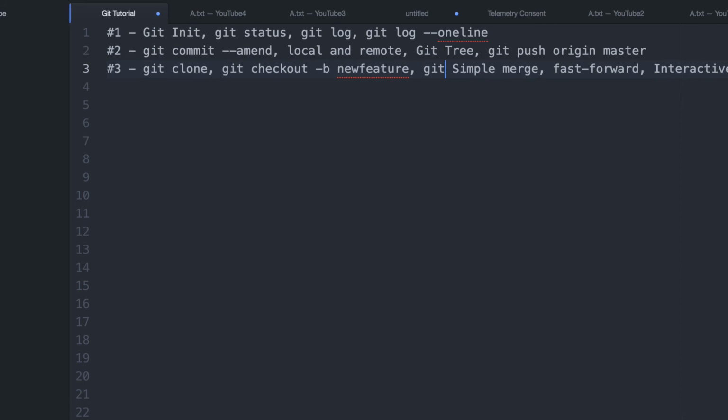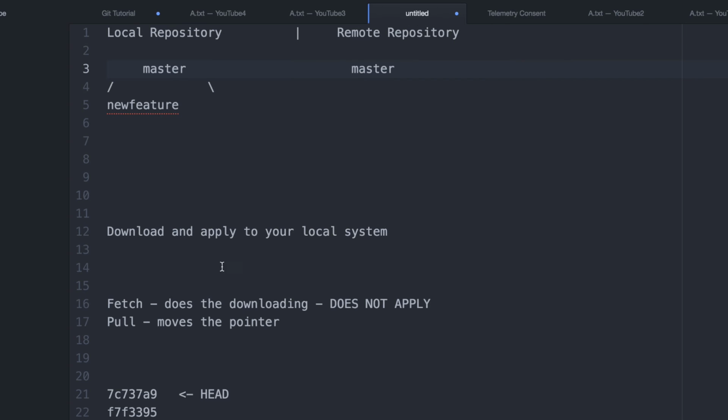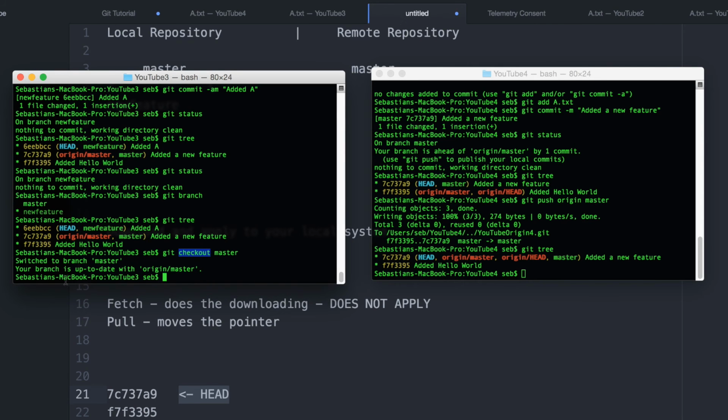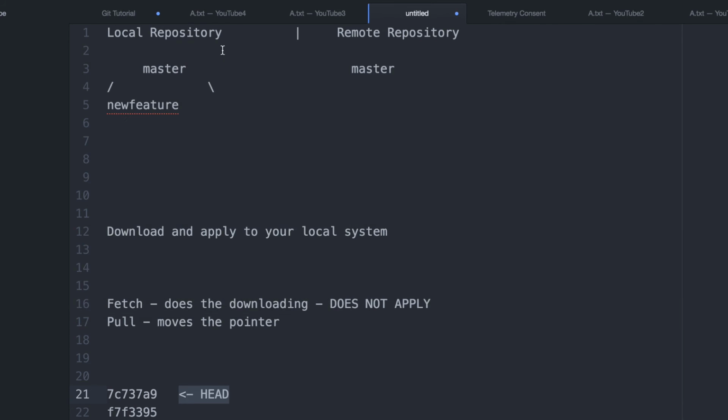So checkout really is a pointer mover. In this world where we've got this head moving around, we can control that position by checking out. So we're back onto master, and the steps you'd want to do for merges: